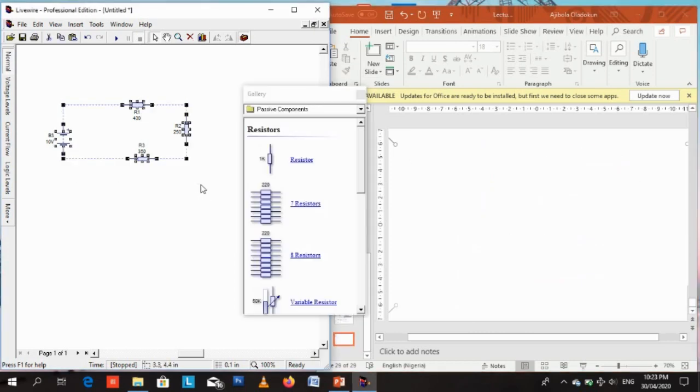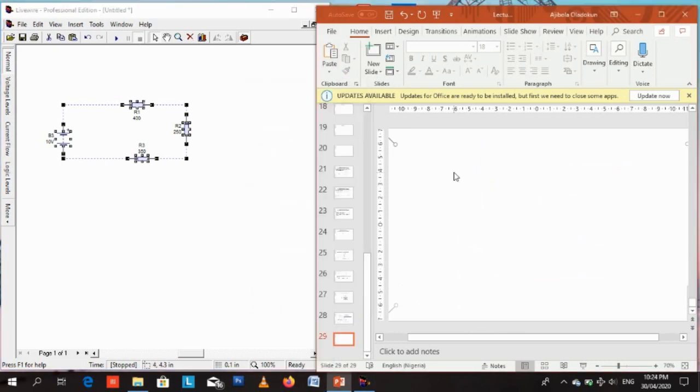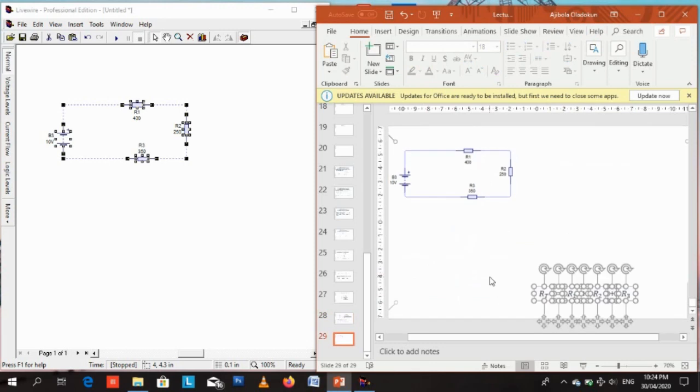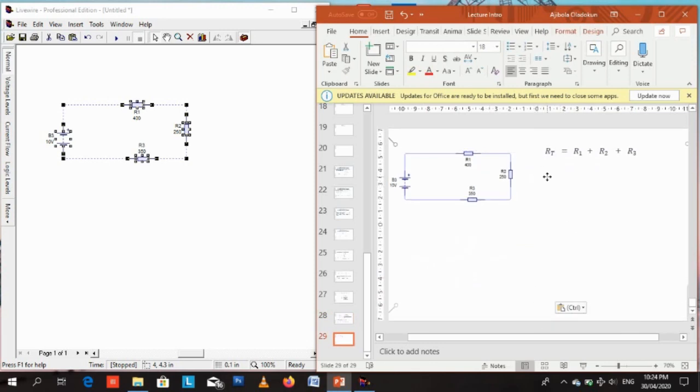So let me highlight this, copy and paste. I brought the image into PowerPoint, drag it into PowerPoint, and remember that the formula for equivalent resistance of resistors in series is R1 plus R2 plus R3. Let's copy that formula, copy the formula and paste, click and drag. Okay, we have it there. RT equal to,